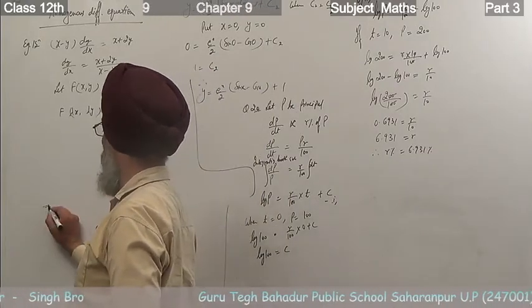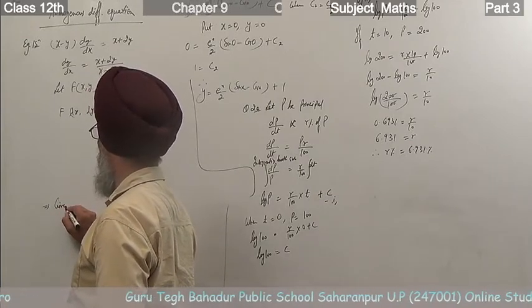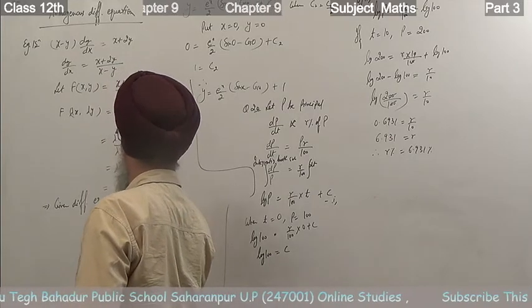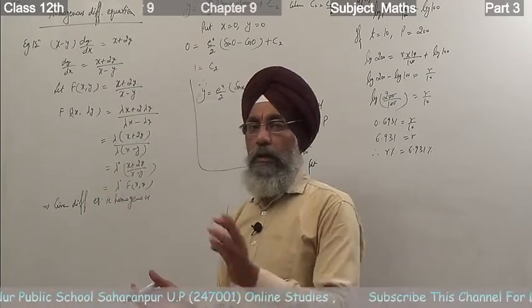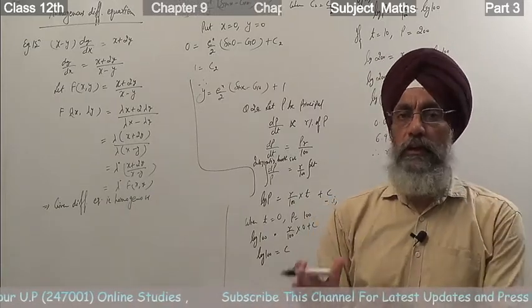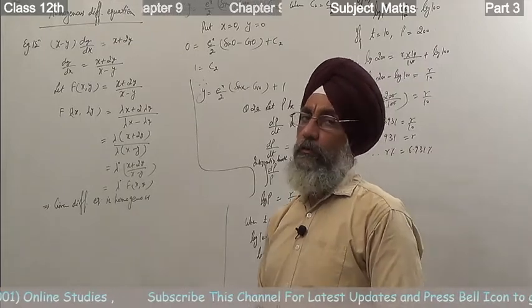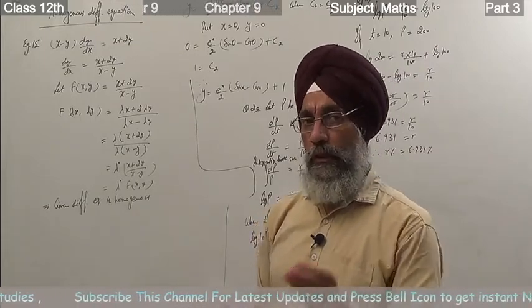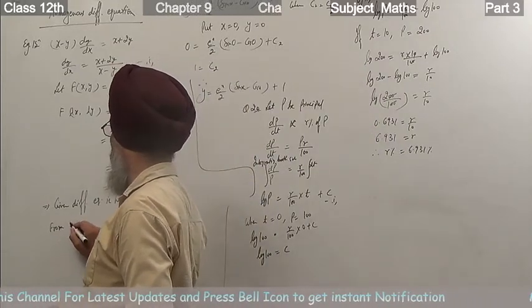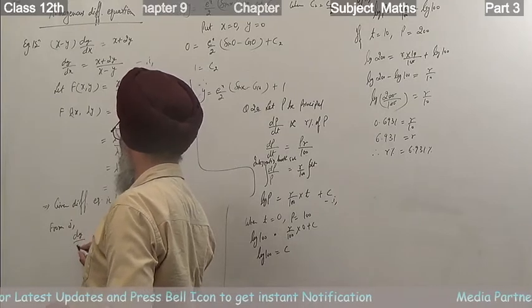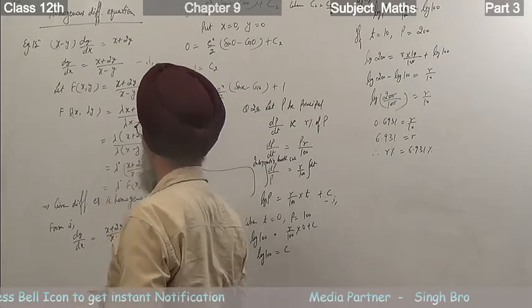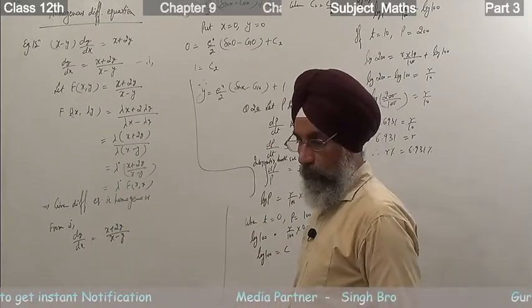It implies the given differential equation is homogeneous. That's how we can show whether the given equation is a homogeneous differential equation or not. After checking it, now how can we solve it? How can we find the equation from this homogeneous differential equation that I am solving here? Now take from the first, we have dy/dx is equal to (x plus 2y)/(x minus y). So we substitute here.